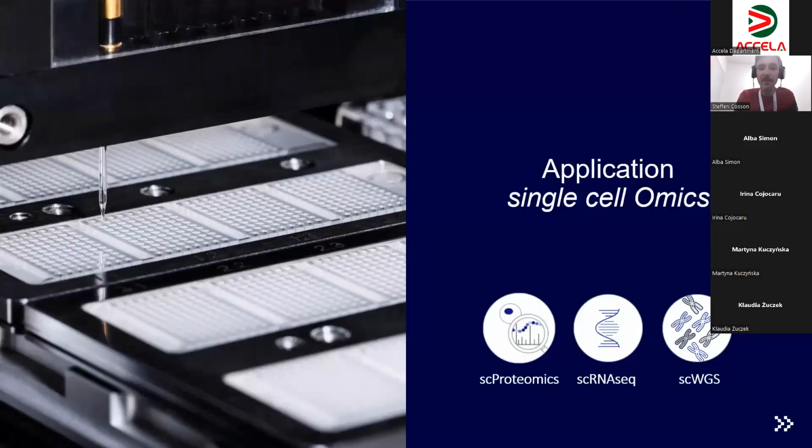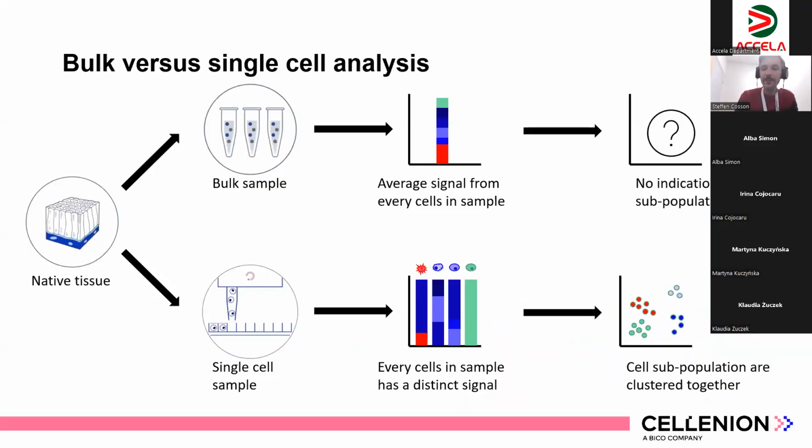Another application our customers have been very successful with over the past couple of years is single cell analysis, such as omics. Just to stress the usefulness of single cell analysis, think that in your body, your tissues and organs are made of a multitude of cells that are different from one another. So typically when you do a bulk sample, when you analyze hundreds of cells taken from your tissue,